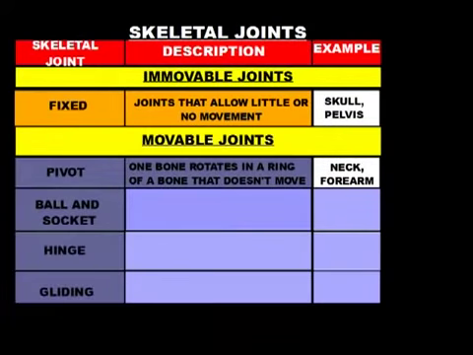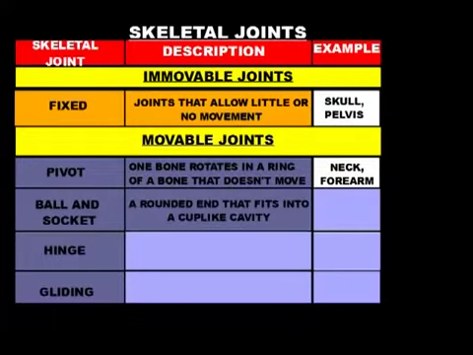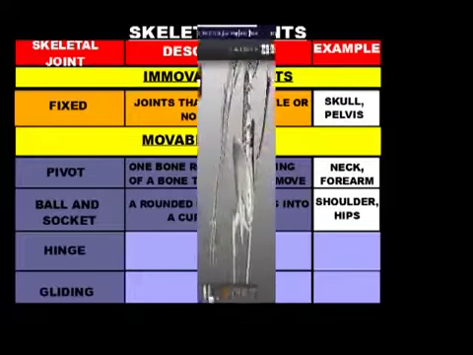The next type of joint we're going to discuss is called a ball and socket joint. A ball and socket joint is where a bone has a rounded end that fits into a cup-like cavity. So the rounded end would be the ball, and then the cup-like cavity would be the socket. And there are two places where we have ball and socket joints. We have ball and socket joints in our shoulders and in our hips. So if we go visit Steve again,